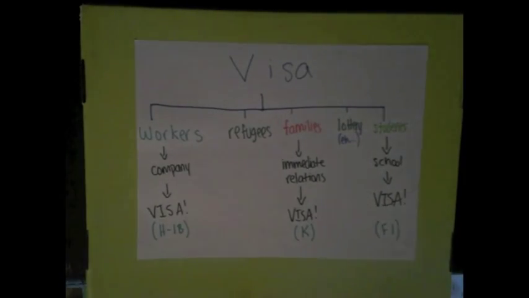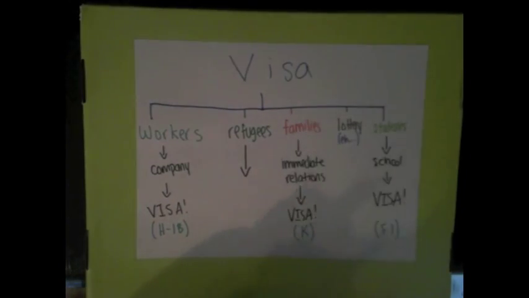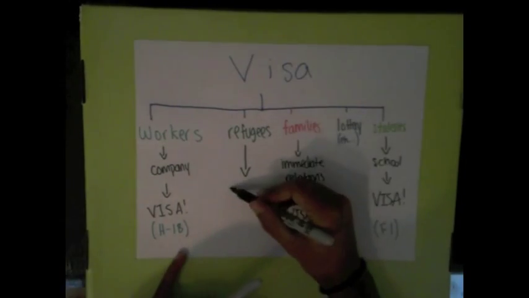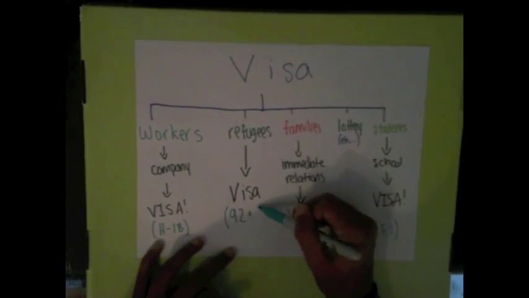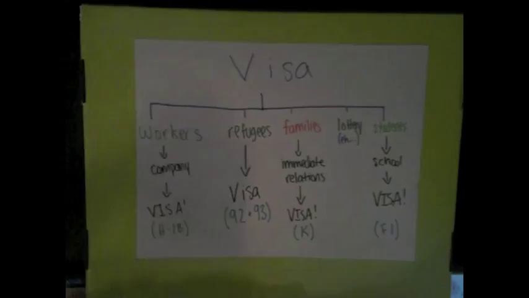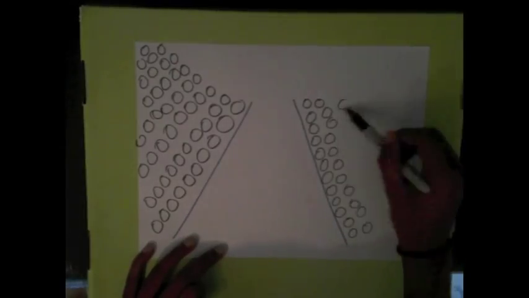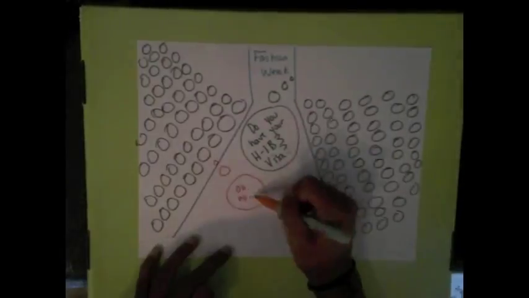Refugees can seek asylum from their country if they have a fear of being persecuted. They can get a visa called a 92 or a 93. And within these different categories, there are many, many different subcategories. For example, an H-1B3 visa is specifically for people who want to come into the country in order to be